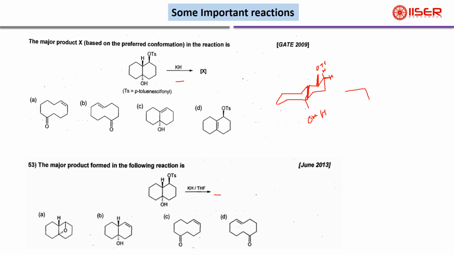So when you add KH, that is an H minus source, it will take the proton from here and remove H2 gas. This bond comes here. So the product is